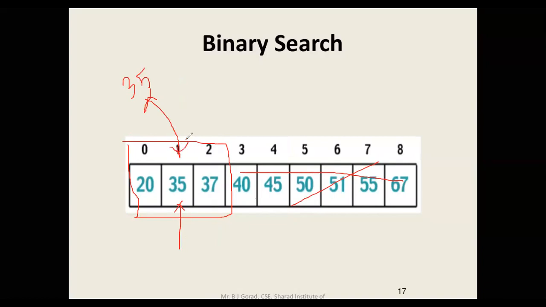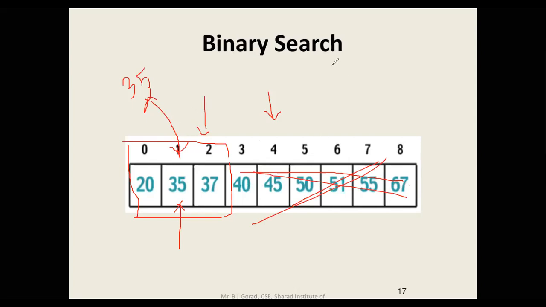Now, first thing, how many search operations did I need to do? Only 3. First, I compared with 45, then I compared with 37, and then I found my item. This is number 1. So in 3 iterations of the loop, I will find my item. So this is obviously fast. Secondly, I didn't have to do a lot of comparisons. Just think that with just 3 comparisons, I have discarded these six array elements that I don't need to look at in this area.